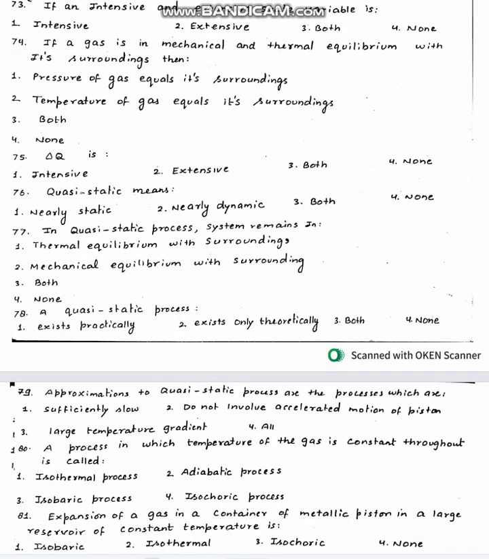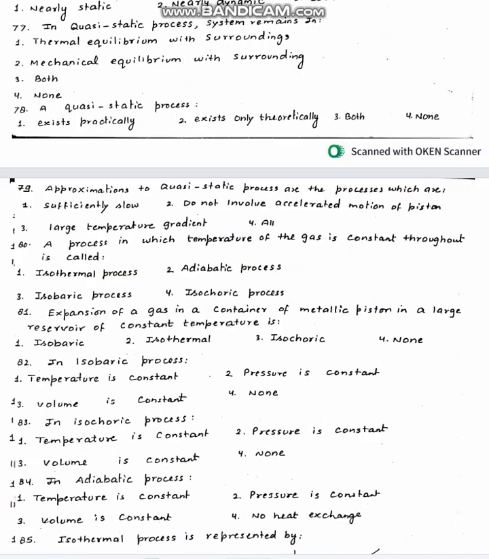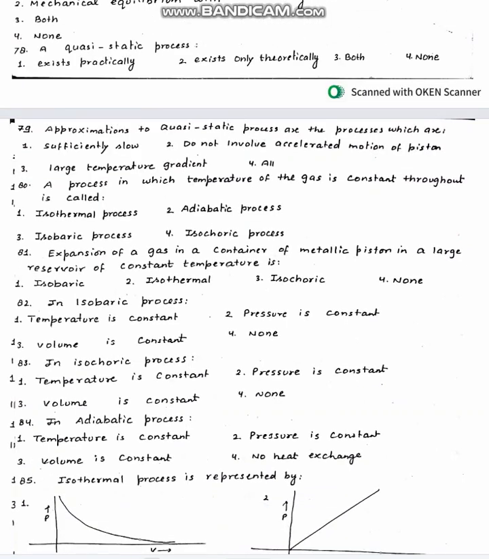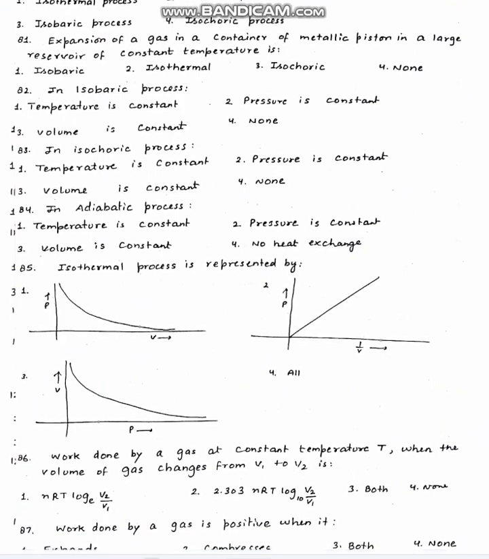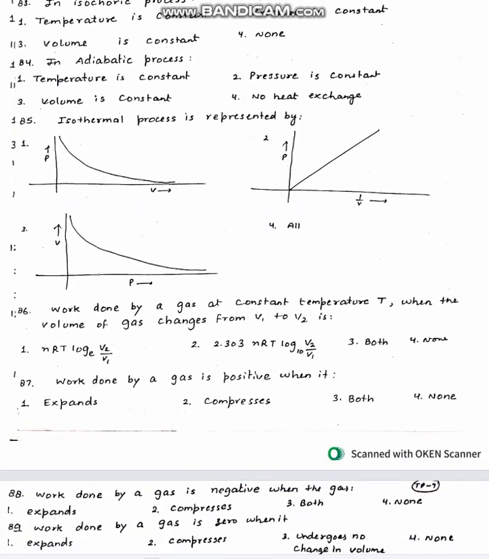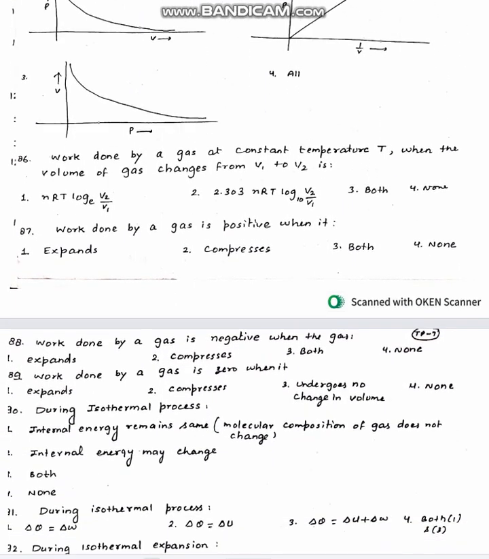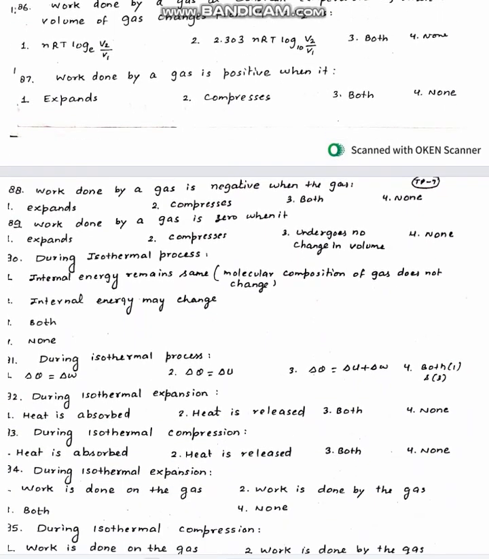Then we have questions on heat, quasi-static process. Then we have approximations to quasi-static process. Then we have constant temperature process. Then we have isobaric, isochoric, adiabatic process. Then graphs of isothermal process, work done in isothermal, positive and negative work done, zero work done,